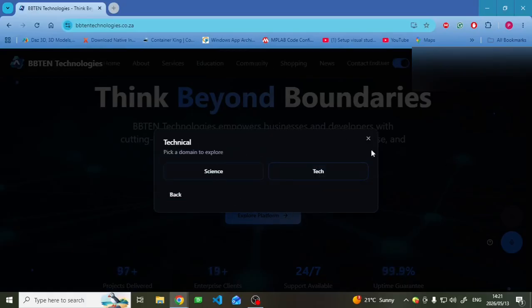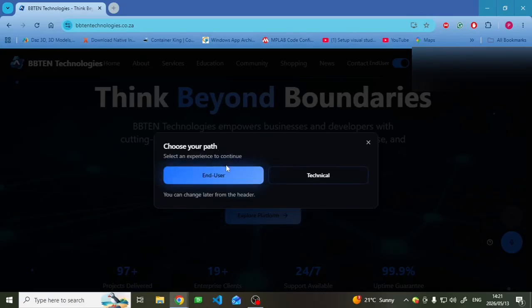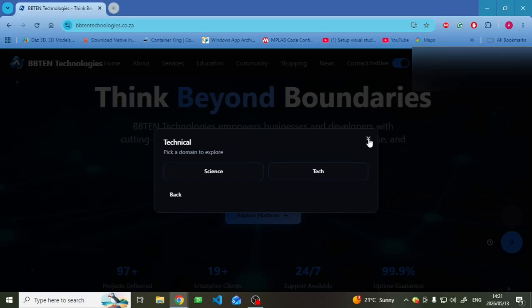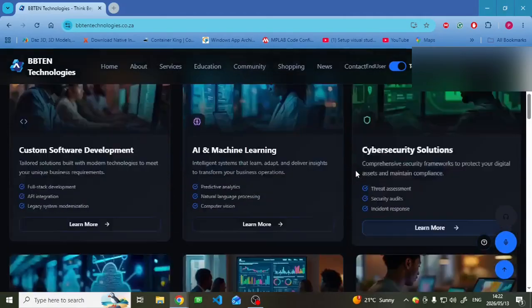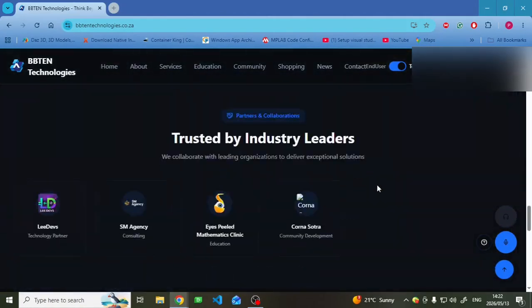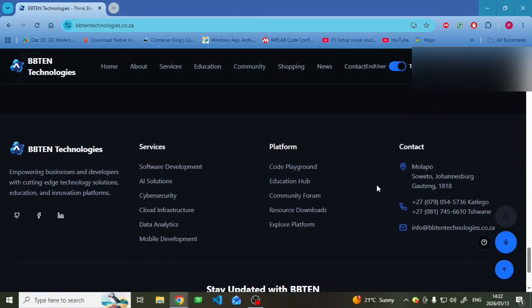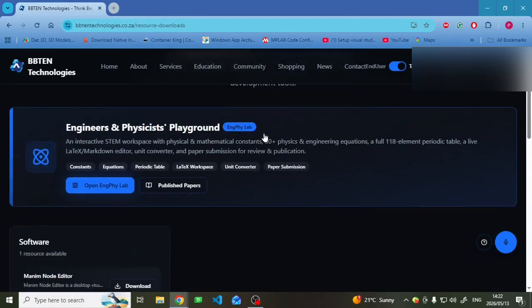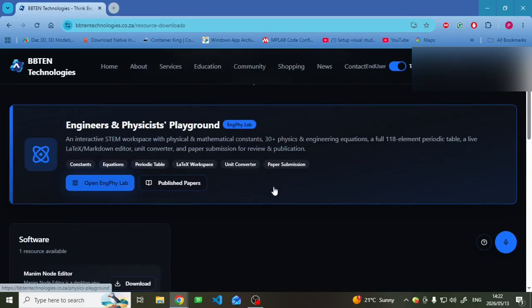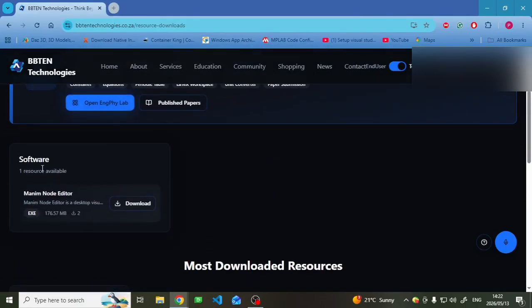Okay. And then, the first time you launch this website, it's going to ask you to choose your path, whether you're end user or technical. I suggest you click on technical, and then you can close this pop-up. And then just scroll down to the footer, and you will see resource downloads, and you click on that, and then it will take you to the resource downloads, and then you just scroll down, you will see software,